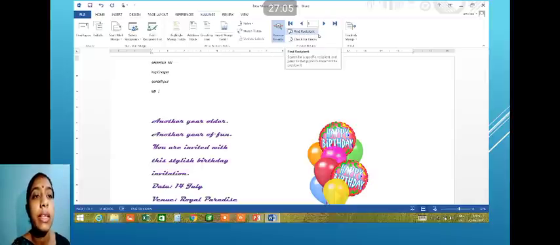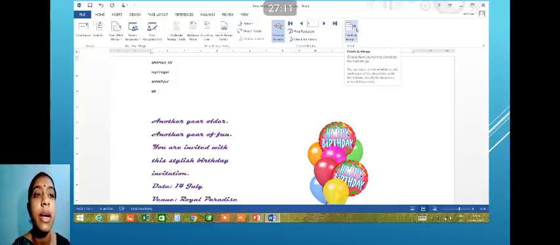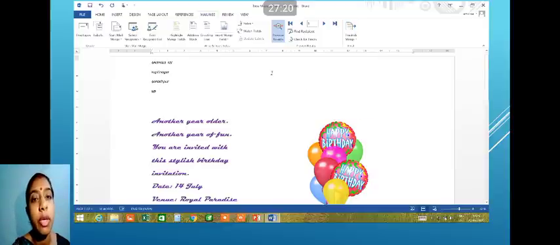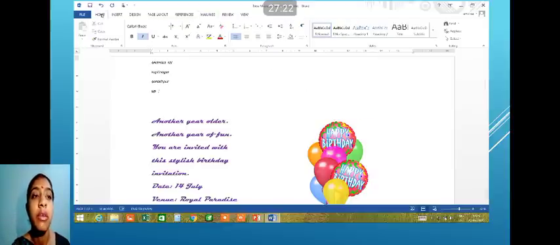Yes, find the recipient. If you want to search any recipient, that also you can do, because if I am having 4, if you are having 100, then that part also you can do. For the last step, here it is written, finish and merge, so that all the options are available as I have told you in the previous windows. Clear? I hope I have made myself clear. Yes. So that's all